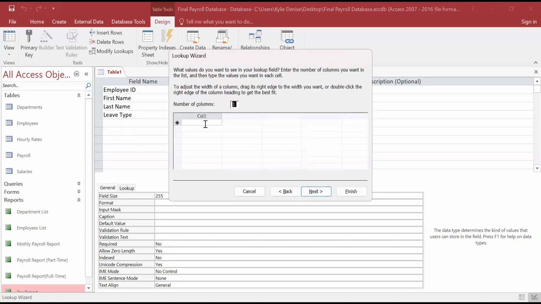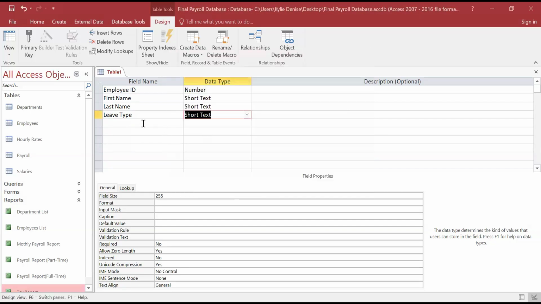Then we can type, let's say, annual, unpaid leave, sick leave, all the leaves: maternity leave, casual leave, and what else? Okay, emergency. Emergency leave, yeah.